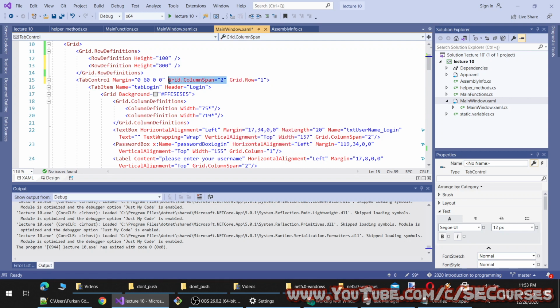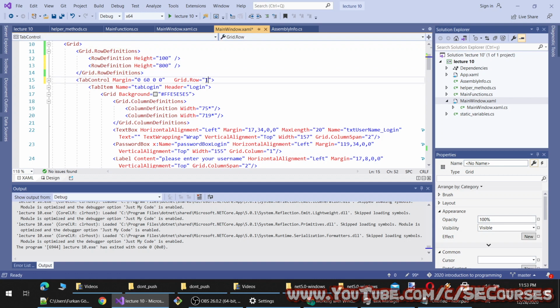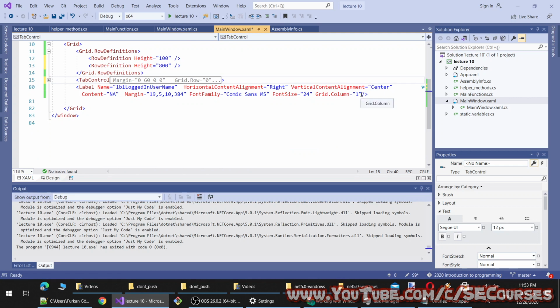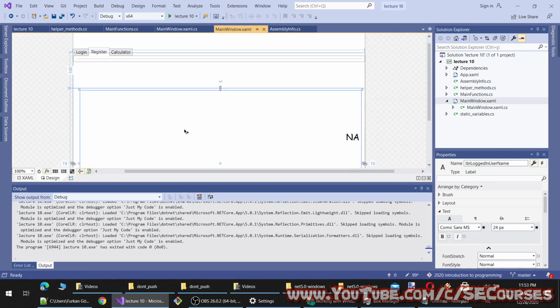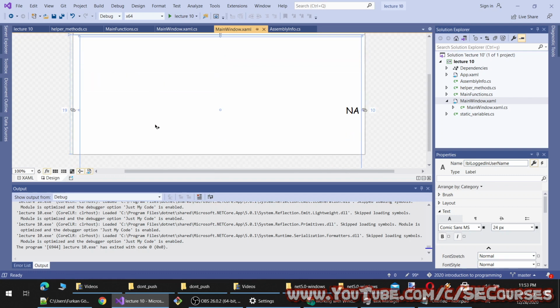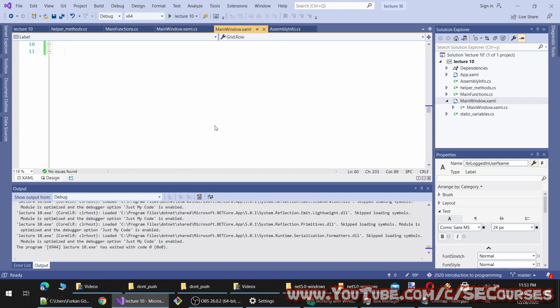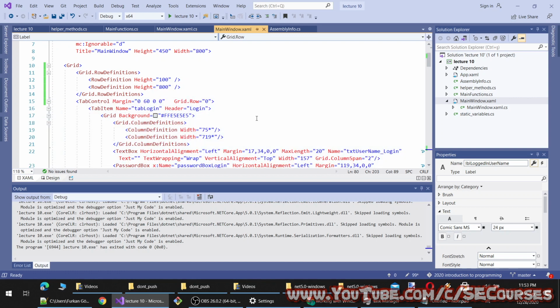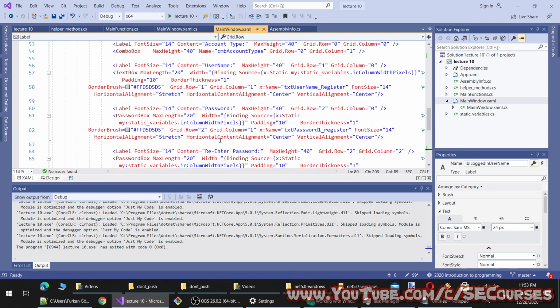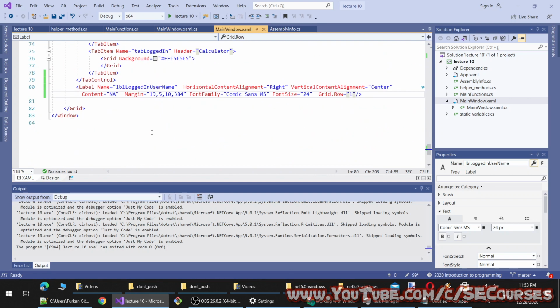So I will make this grid row 0 and the label will be grid row 1 like this. And let's see how they look now. Okay, now it is looking incorrectly. Row 0 and row 1.